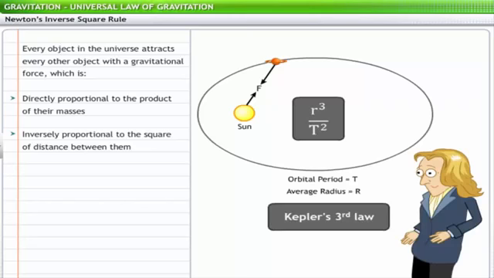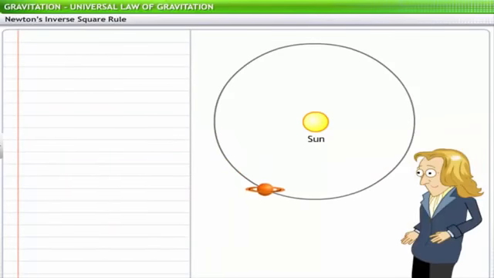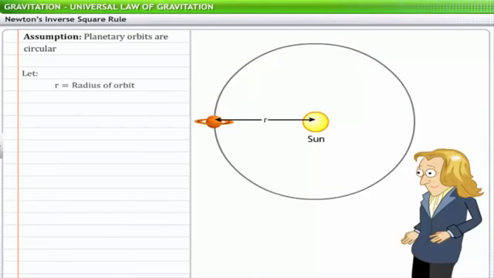This helped him conclude the second part of the relationship known as Newton's inverse square rule. This rule states that the gravitational force F between two bodies is inversely proportional to the square of the distance between them. In deriving the inverse square law, Newton assumed that the planetary orbits are circular. If a planet revolves around the Sun in a circular orbit of radius r with a velocity v, also referred to as the orbital velocity of the planet, then the force on the planet is